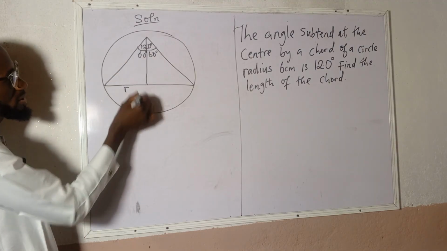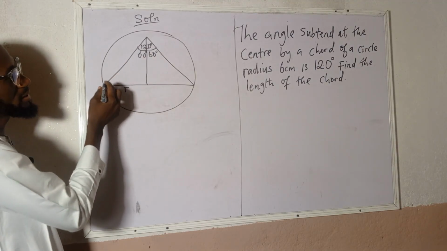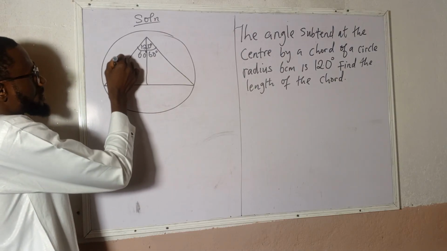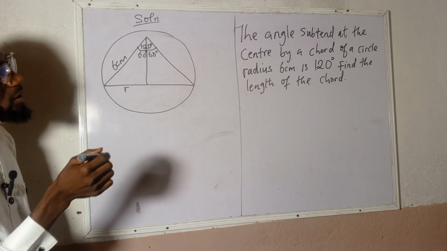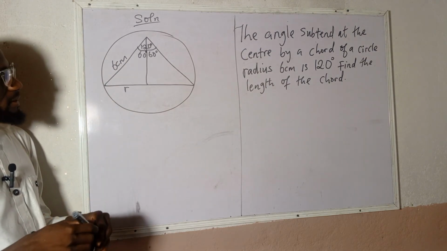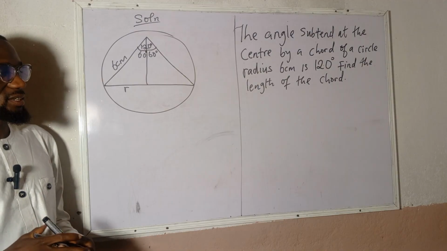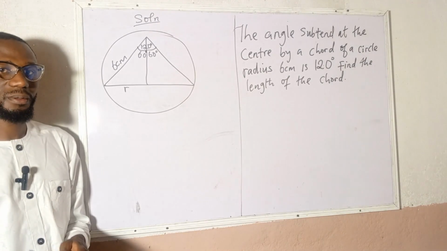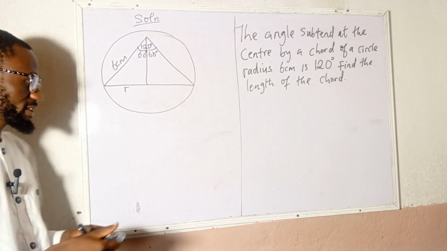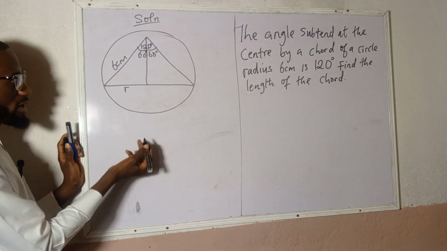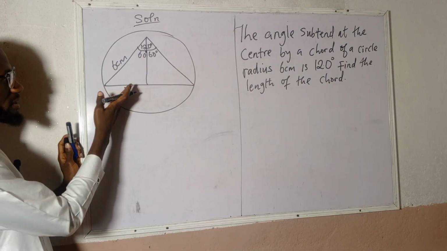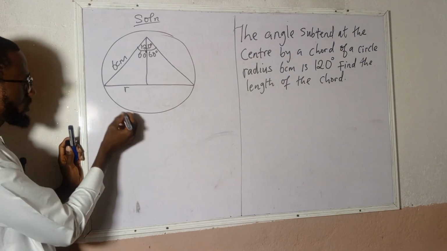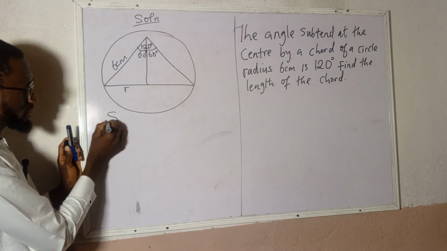Then the radius is here and here is 6 centimeters. Okay, now we are going to calculate the chord given. We are going to use trigonometry methods to find which angle you are looking for. Since the opposite and the hypotenuse are given, we are going to use the acronym